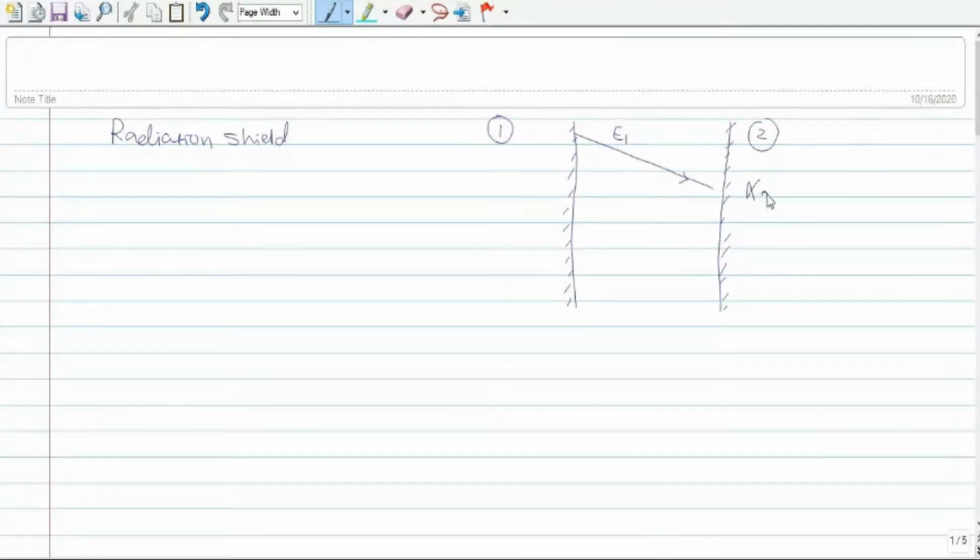Then we have discussed this is a property of surface 2, that is alpha 2. Here it is alpha 1, and we know that for the parallel plates we have considered the area A1 equals A2 equals A, as well as the shape factor F12 equals the shape factor F21, which equals 1. So that we have discussed. And here the reflections take place, that is equal to (1 minus alpha 2) into E1, and it goes on.